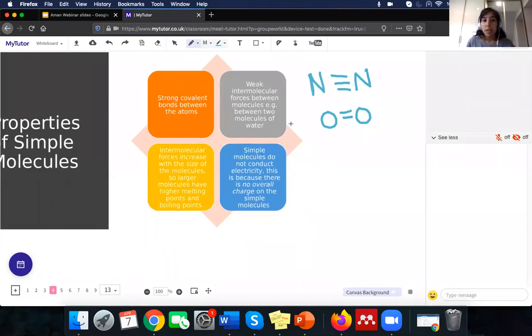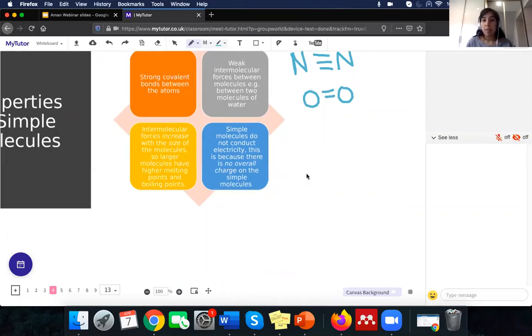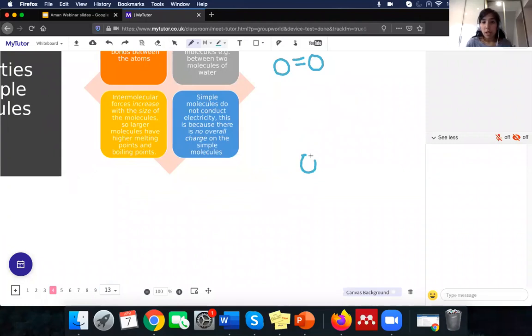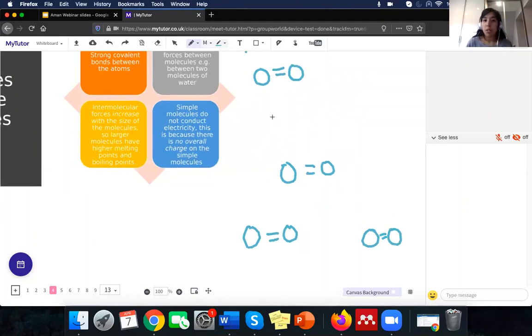So let's think then, these strong covalent bonds require a lot of energy to break, but why do simple molecules have low melting and boiling points? So let's think about oxygen. We know oxygen's in the atmosphere and it goes around in pairs like this with double covalent bonds. The reason that simple molecules have low melting and boiling points despite these strong covalent bonds is because there are what we call weak intermolecular forces between the molecules. So when we break these molecules apart, we're not breaking those covalent bonds, we're breaking these weak intermolecular forces,